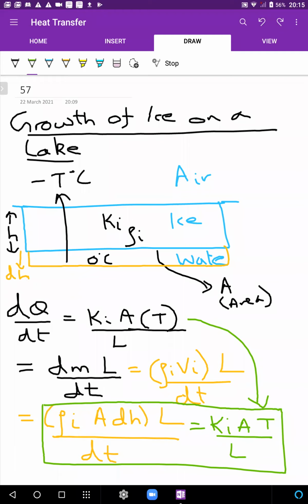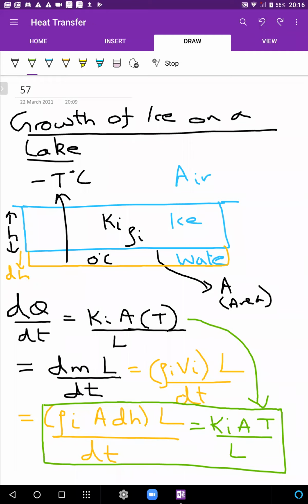Heat आ कहाँ से रहा है? Heat is coming because dm mass of water is freezing in dt time, and that's creating a layer of ice. When that ice is formed, what volume will it occupy? First of all, how much mass of ice is formed? जितना mass of पानी freeze हुआ उतना mass of ice is formed. फिर mass will be density times volume of ice formed. ठीक है, and volume will then bring dh into the equation because volume is going to be area times additional कितने से thickness बढ़ गया.